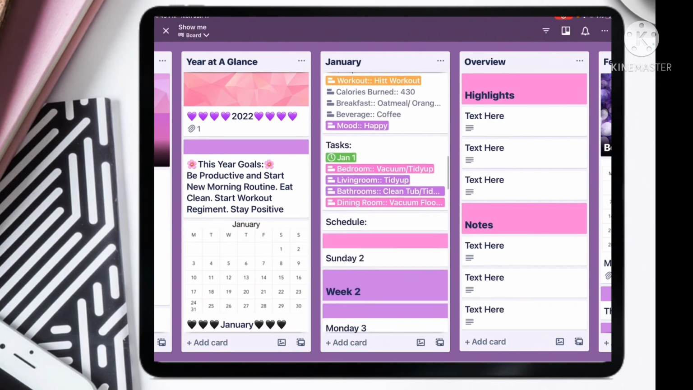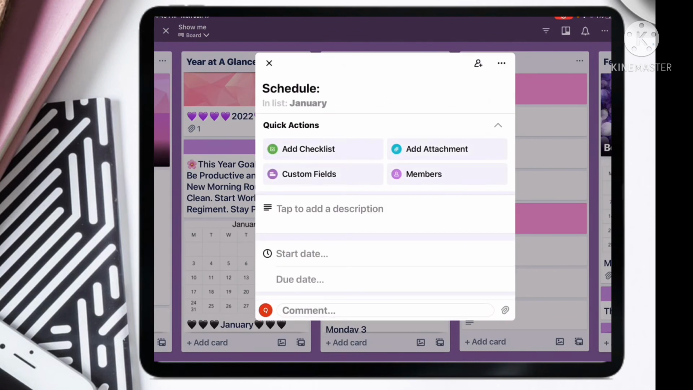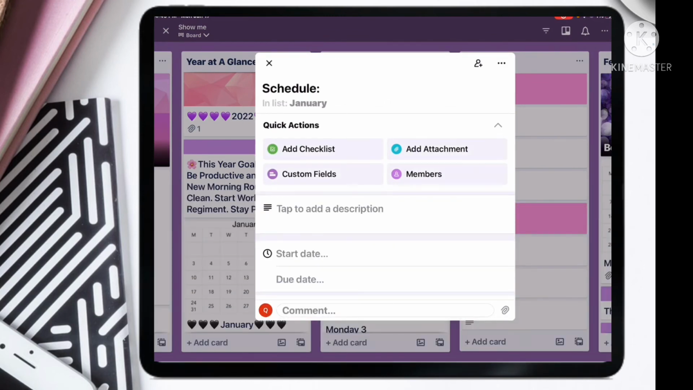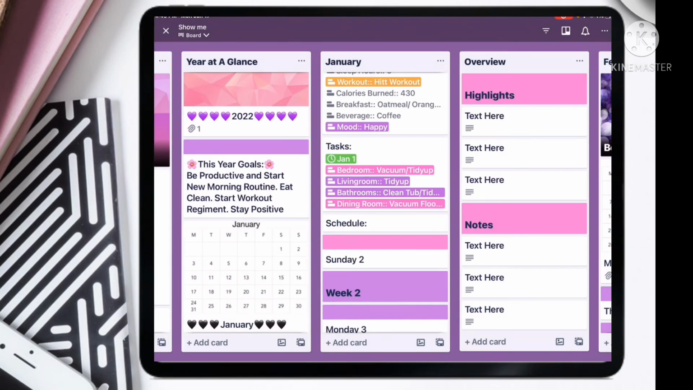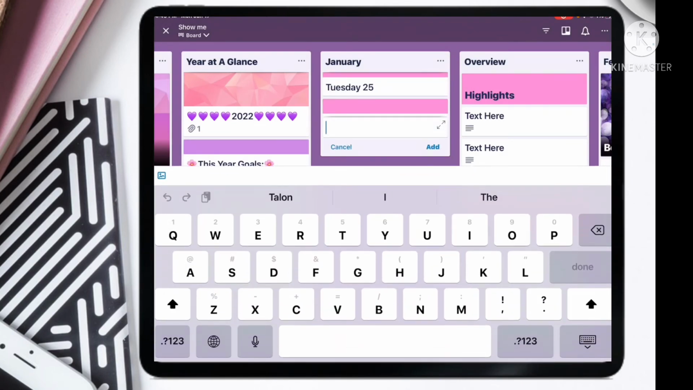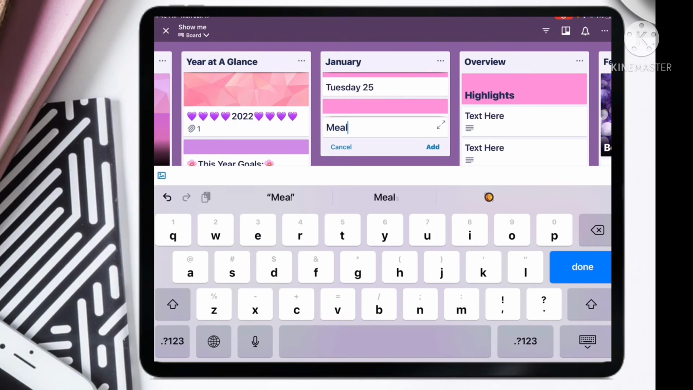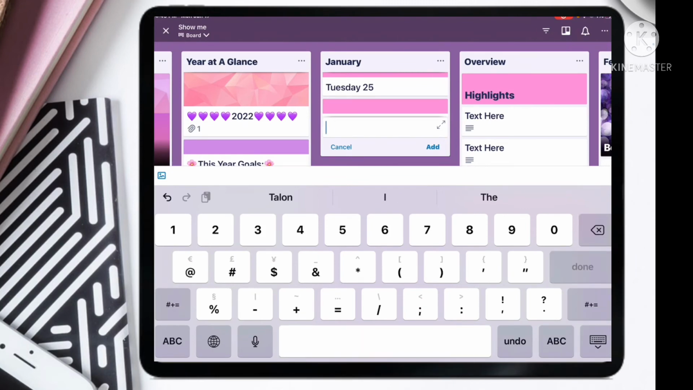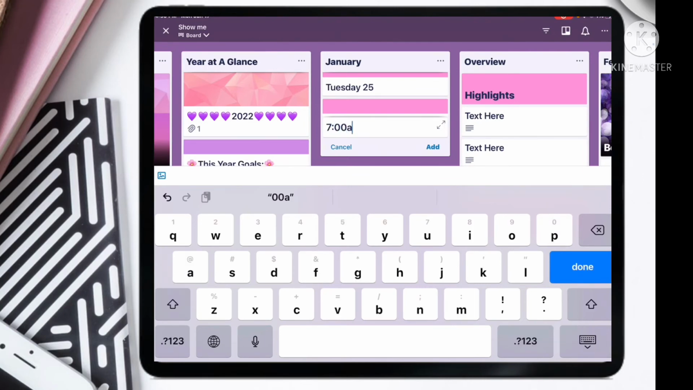Let's see, put it under the right date. And if you want to put your schedule inside of your title, that's fine. But I like to make individual cards. For instance, one of my schedule items would be that I wake up in the morning at 7. So I'll put 7 a.m. and I will put